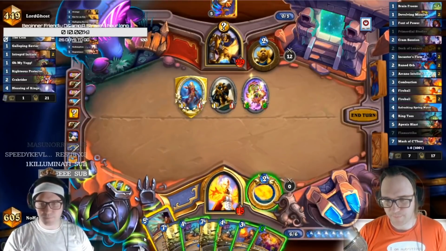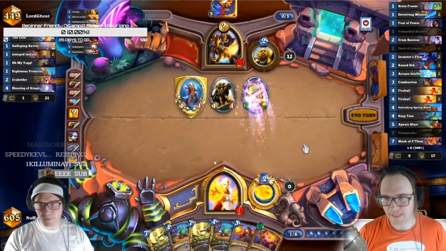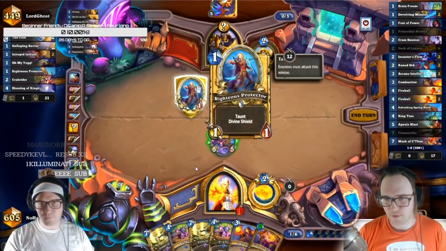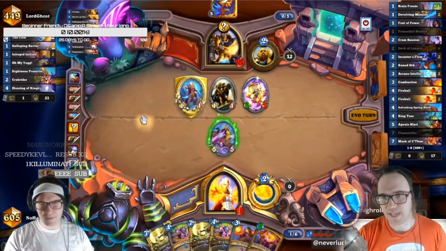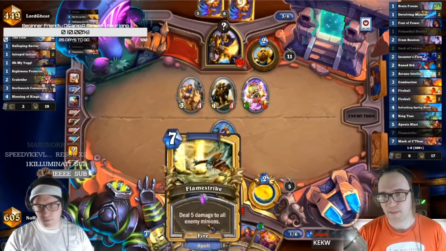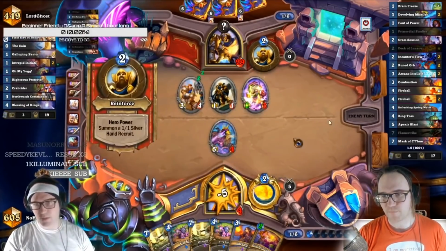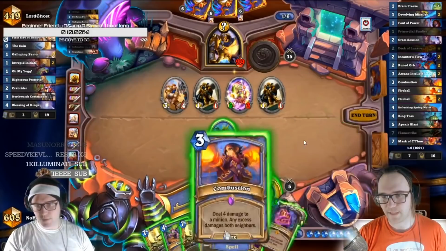I end up doing this Apexis Blast here, and I think about, is this Avenge? And I don't think it is. So I end up trading. I also did not think it was Oh My Yogg for the similar reason that I said before. They play this, and now we pretty much know it's Galloping at this point. And then we go...